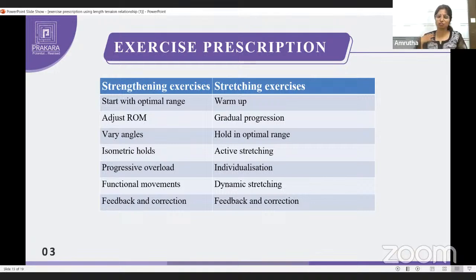Here I have given just an example of the shoulder, but you can actually inculcate this in any particular joint. Next, the last thing: feedback and correction. This is the most important thing, because